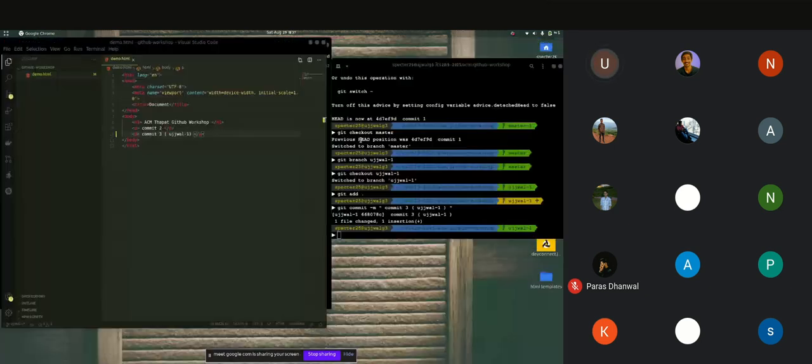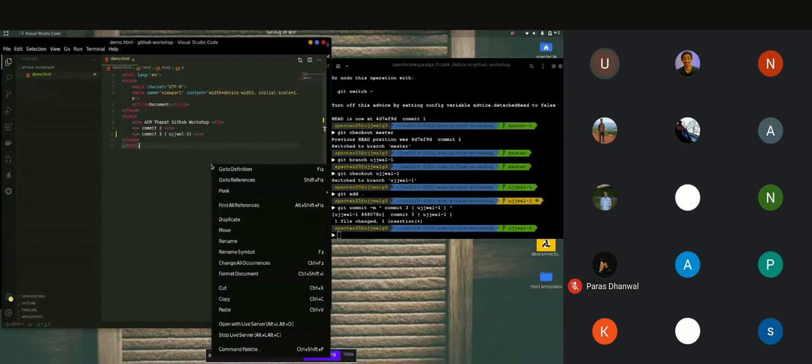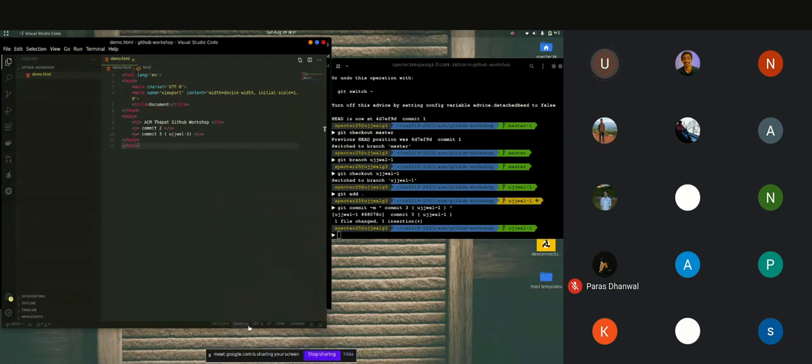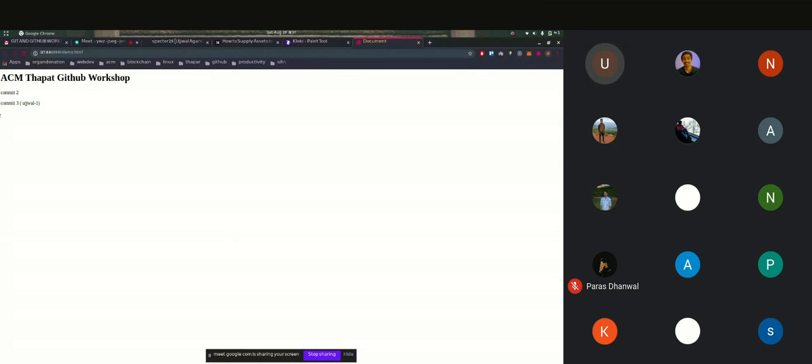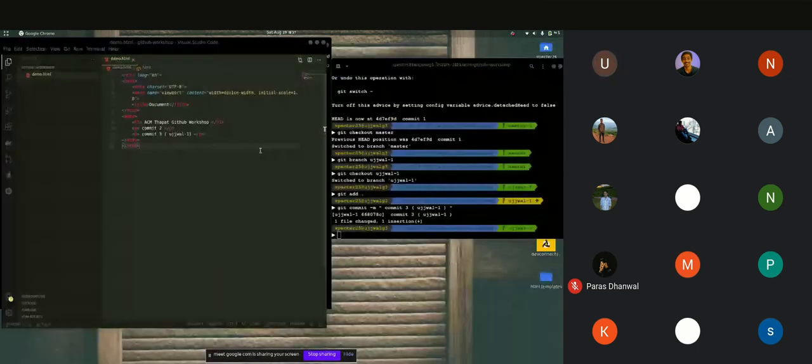Now I want to merge these two branches. I've tested the code, it is working fine, so let me run it on the live server. I've tested the code, it is working fine. Now I want to merge this code to the master branch so that the master branch also has the same code, right?